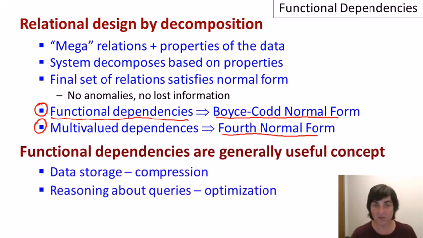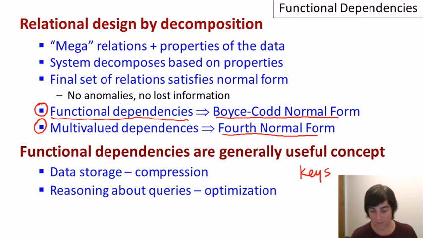And let me say that functional dependencies are actually a generally useful concept in databases, not only for relational design. As we'll see soon, functional dependencies are a generalization of the notion of keys. And they allow the system to, for example, store the data more efficiently when the system knows about functional dependencies. Compression schemes can be used based on functional dependencies for storage. And also functional dependencies, as a generalization of keys, can be used to reason about queries and for query optimization,